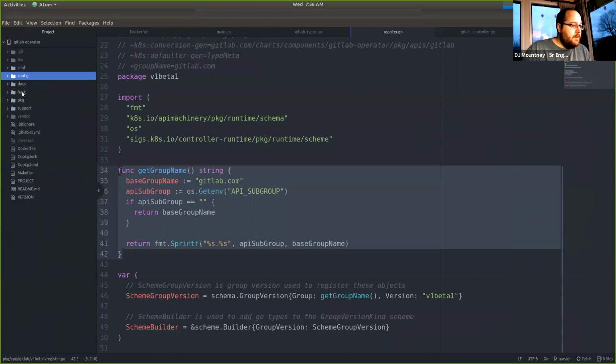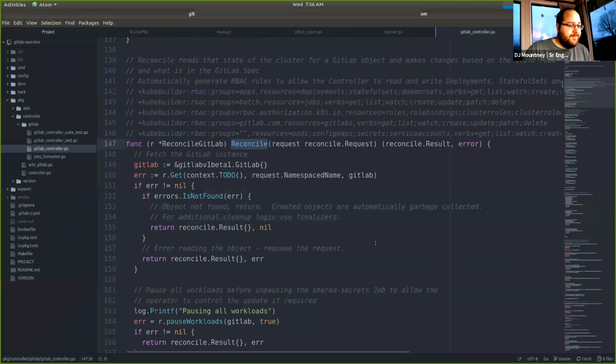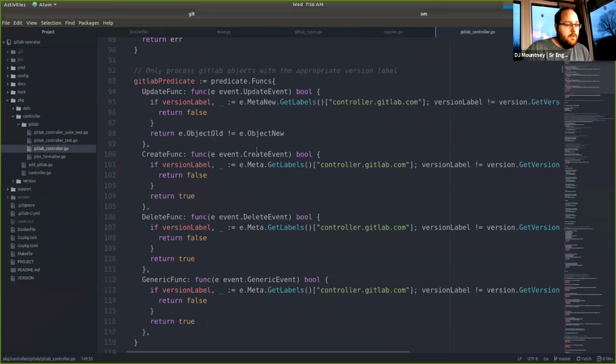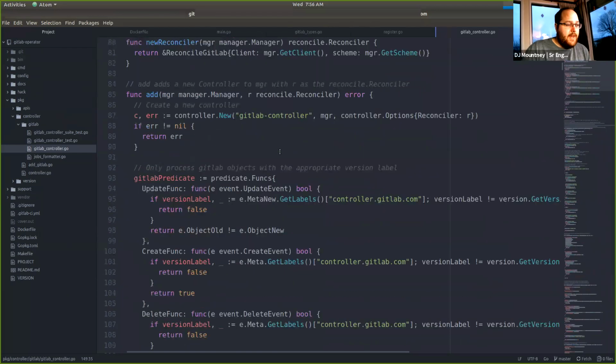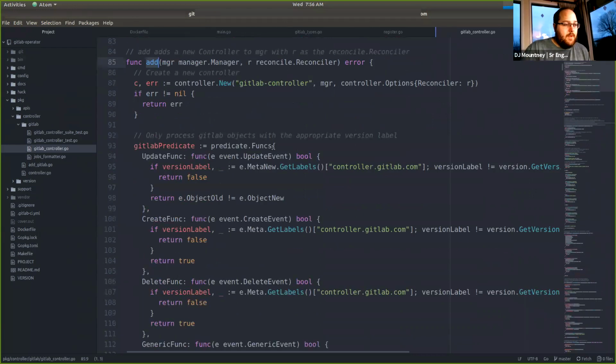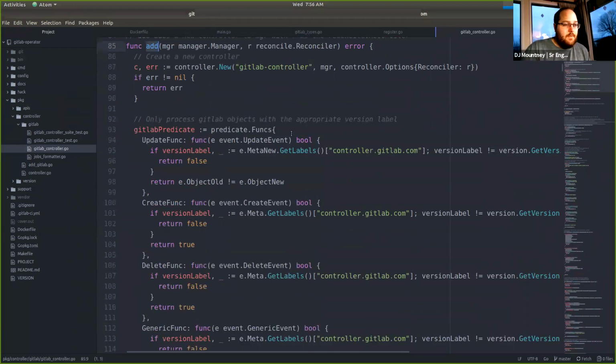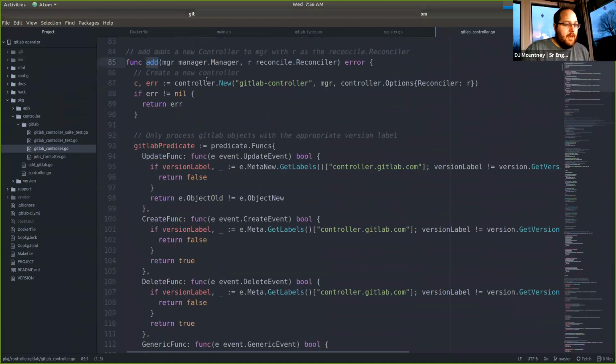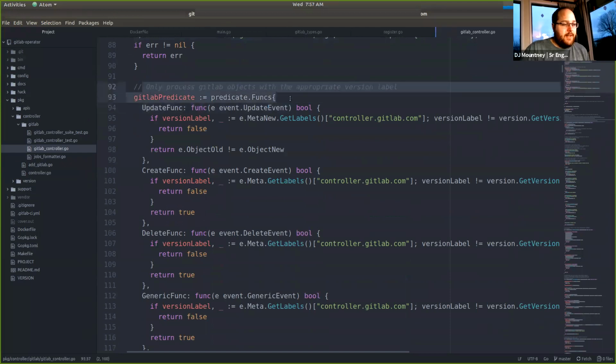So this is the operator. So our controller, the first thing we have is this add function. This is what's being called by the manager to actually add the controller into the manager list. And it actually creates this controller object, the upstream runtime object, creates a new named controller and attaches our reconciler below. But basically we set up a predicate here